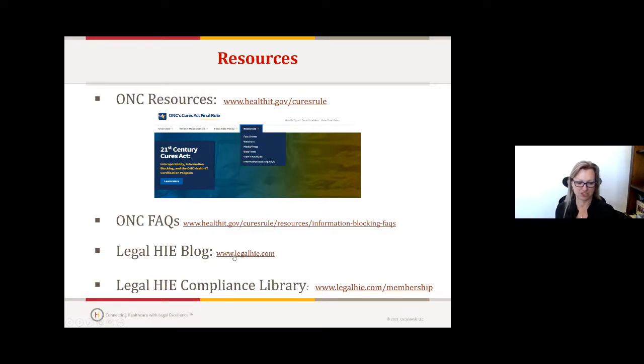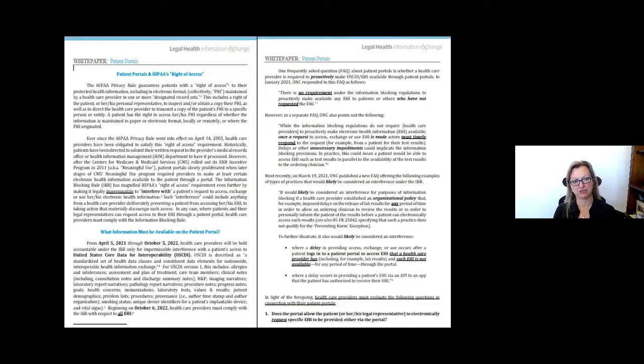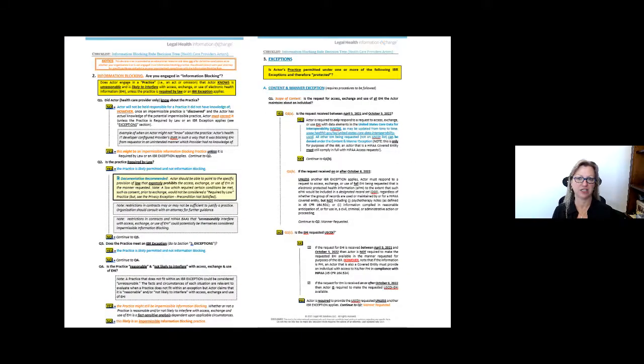Additionally, we have a compliance library that is a supplement to that. That piece is not free, but the blog articles are, and there's a lot of information in the blog articles. The compliance library has things I had mentioned, like a white paper for patient portals. We've developed things like use cases. It has things like an algorithmic sort of question and response, yes or no, to follow, to see if you fit within an exception. So we have a lot of really neat tools on there.